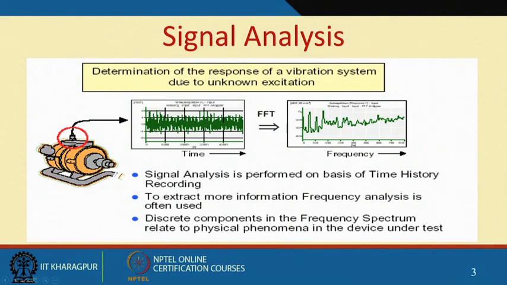So, we find out in signal analysis the response of a vibrating system due to unknown excitations. If this excitation was known, I would have a nice machine, because I would have taken efforts to remove this excitation. But excitation occurs only because there is a defect which has happened in this machine because of various reasons. Could be poor design, lack of lubrication, wrong commissioning, wrong installation, wrong operations. So there are many reasons why these excitations occur, but it is this signal which I see